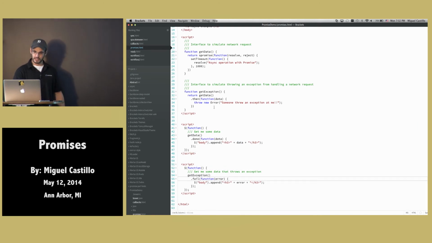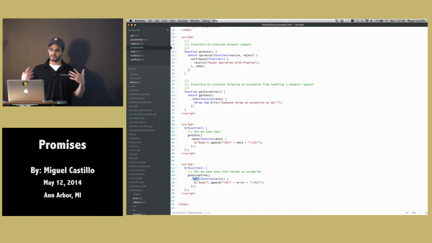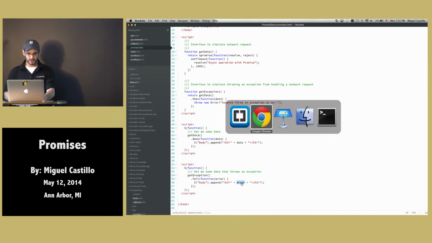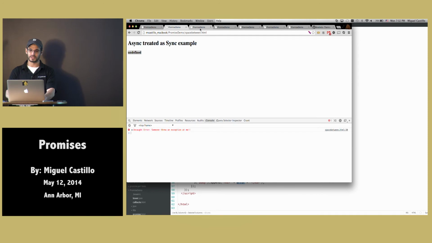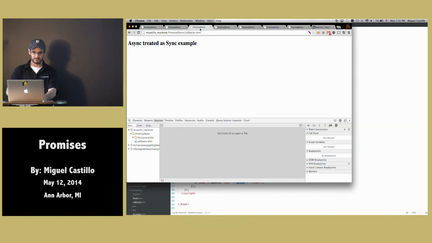In the exception handling, this particular piece of code is throwing an exception, and I'm still able to get hold of that exception by saying get exception. Whenever that piece of code is done executing, if there is a failure, let me know about it. So in this case, I'm just putting that. It cleans up the code a lot. It's a beautiful thing when you talk about promises compared to the whole callback hell thing. So in this case, with the async operation, you clean that whole piece of code out, and you can get the proper results onto the screen.